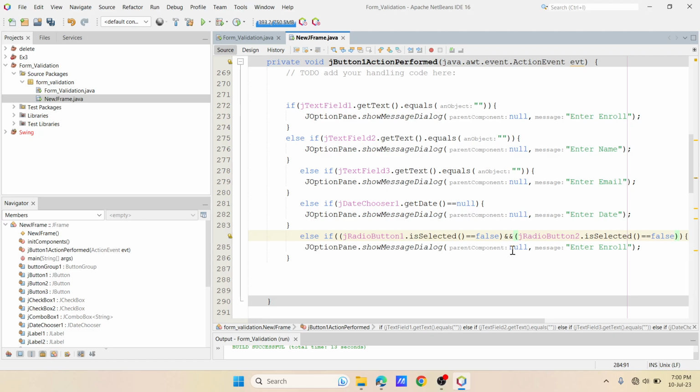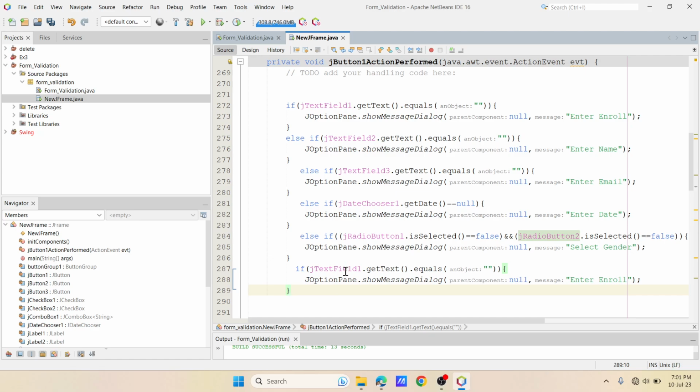If both of them are not selected, I mean if any one of the radio buttons is not selected, then we need to display the message, because initially both will be not selected, right? Select gender. Okay, now